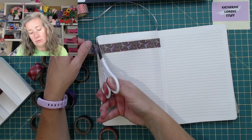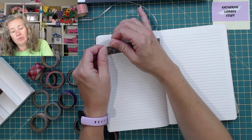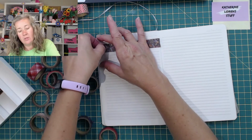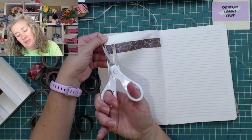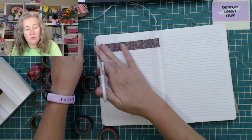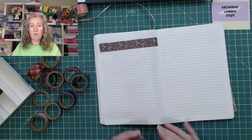And snip that there, and I didn't do a good job cutting that, so we'll see if I can pull that off. Am I going to be able to cut this evenly? I'm thinking not. Oh well, whatever, that's good enough. And then I'm going to put these leaves down the side, but this time I'm going to go on this